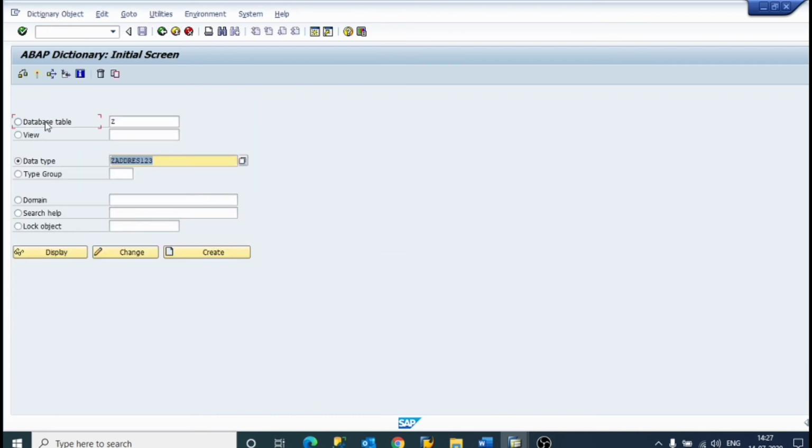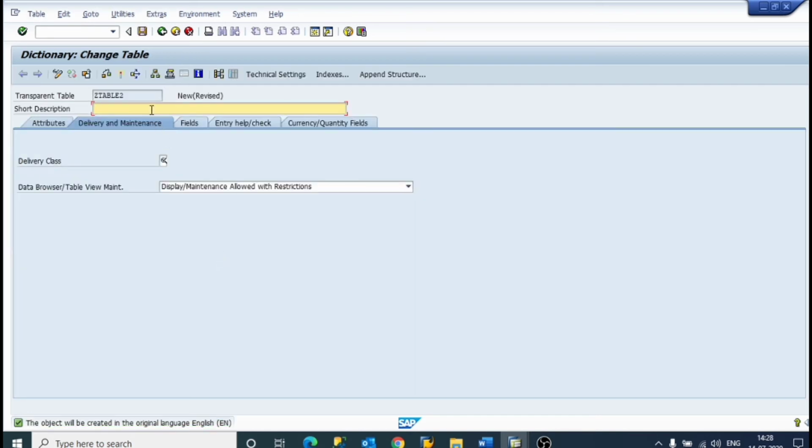Now we'll make it an include structure. To make an include structure, we have to create a database table, so we'll give it a name. Create. Short description: test table.